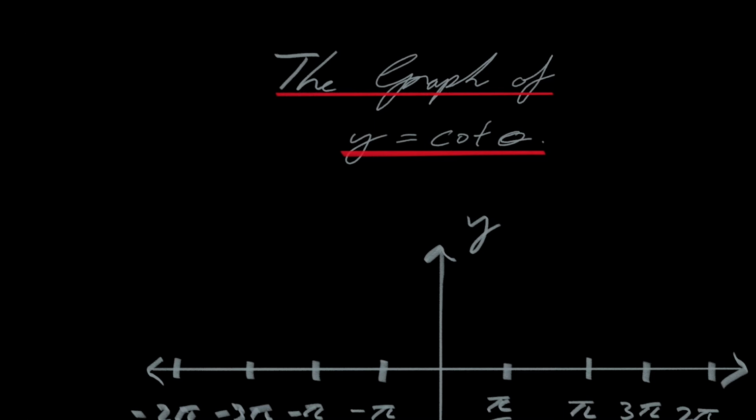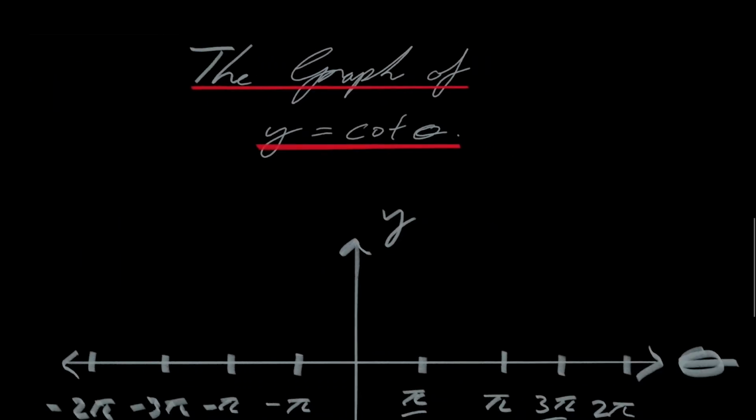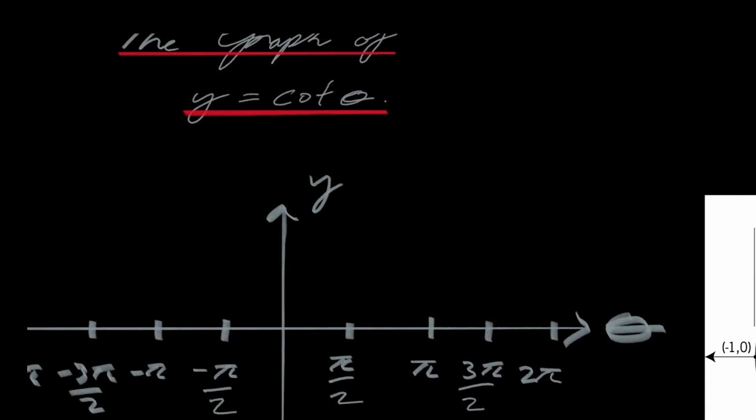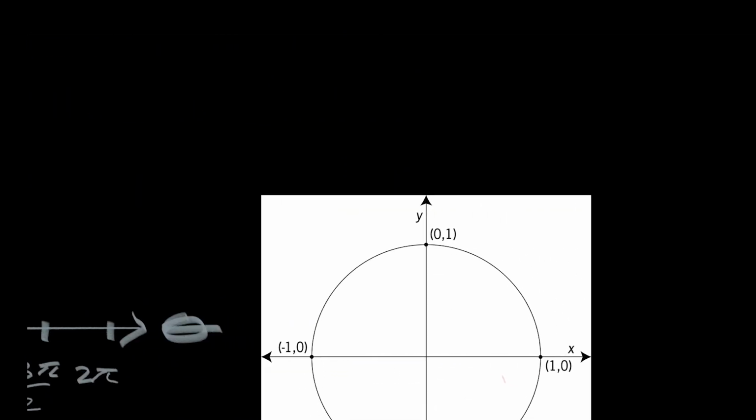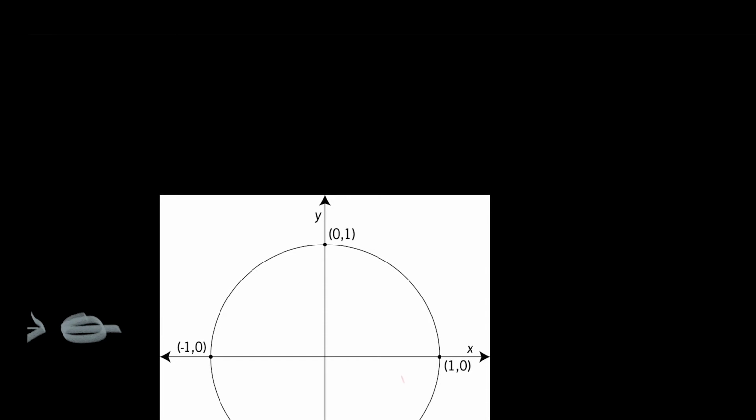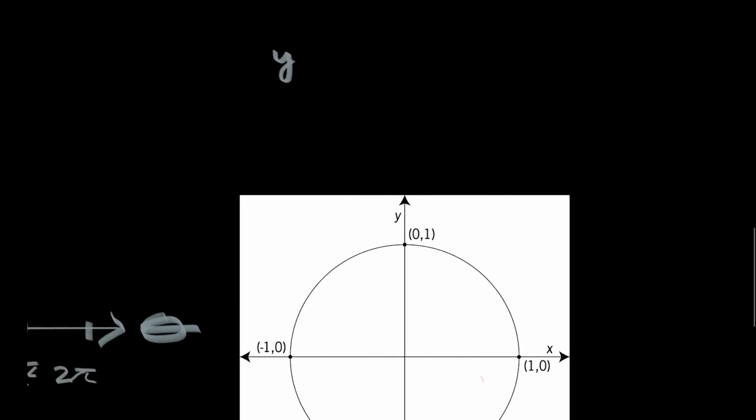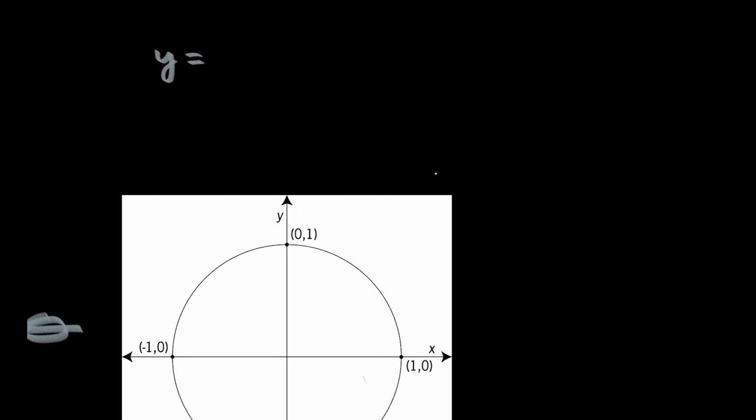In this video I will discuss one of our reciprocal trigonometric functions, y equals the cotangent of theta. Now I've drawn a theta y-axis and I have a unit circle ready to help us plot and understand the behavior of the graph. Recall that the cotangent of theta, okay, so our function is y equals the cotangent of